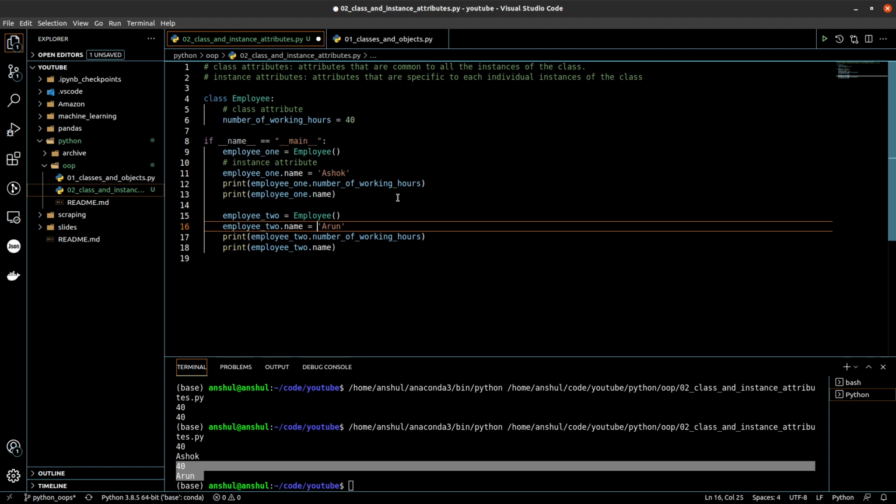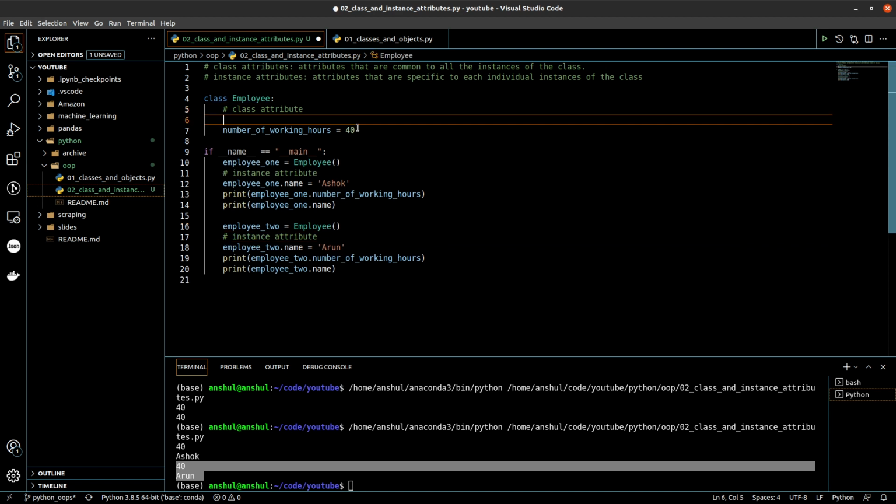So basically this is the difference between the two, that an instance attribute is specific to the instance. Now let's say we also had the same name attribute as a value in the class itself.